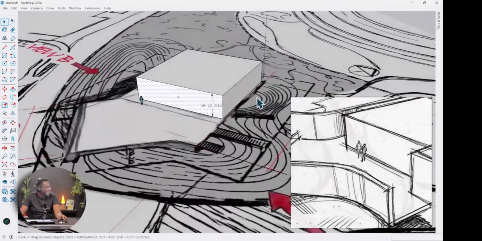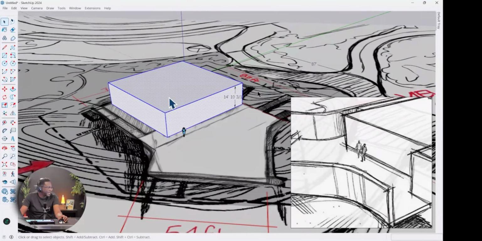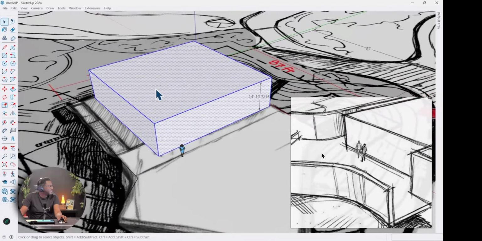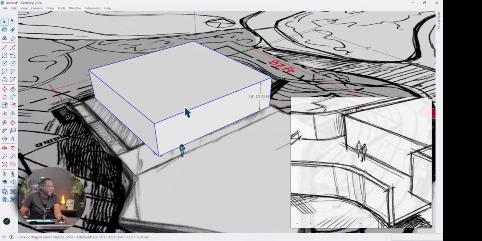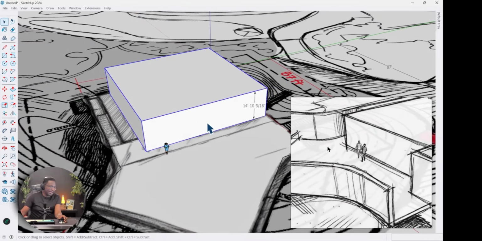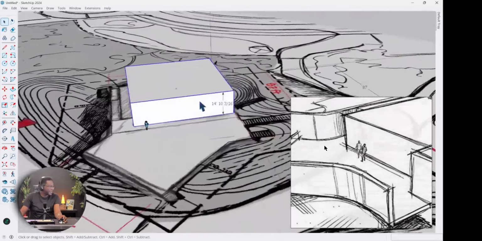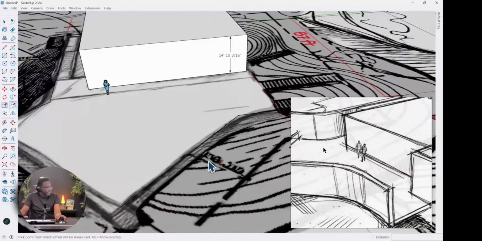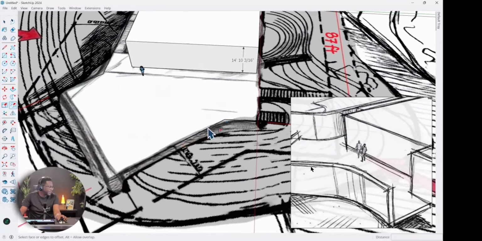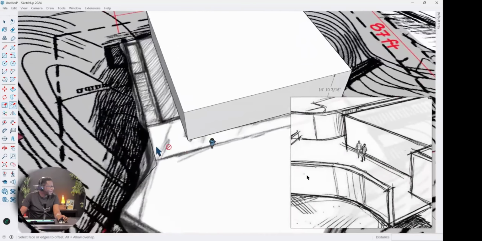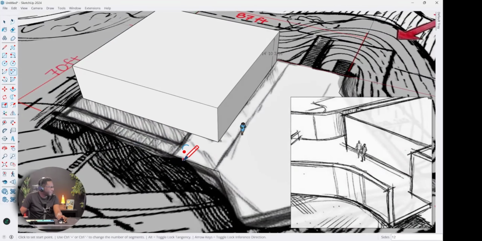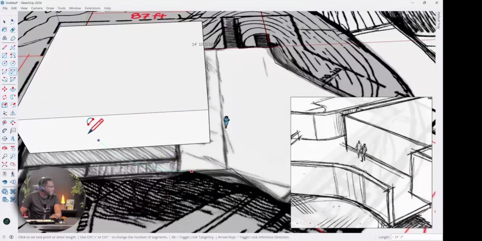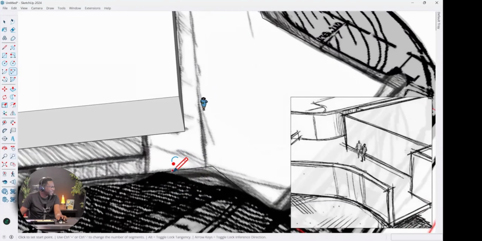All right, good stuff. Now, I want to double click this, and I want to put this in a group. I'm going to make this into a group because I don't want it to be attached to anything else in case I draw another line. Now, let's put in the curve here and here. So I'm going to grab this tool here, this curve tool. There are different types of curve tools that you can use, but this one I think is the most popular.